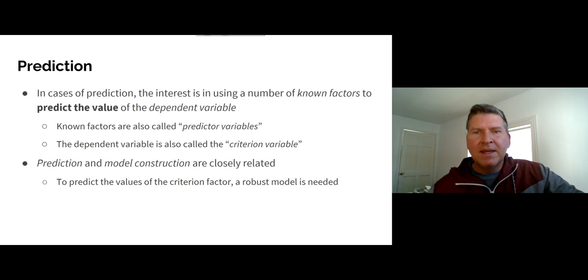Let me give you an example. Say you have a house and you're thinking about putting it up for sale. When you put it up for sale, you need to determine a price. That would be our dependent variable, the price that we will list our home for sale. Now, there's a number of independent variables that go into that prediction. These factors might be the number of bedrooms, the number of bathrooms, the square footage of the home, whether it has a basement or not, the age of the home, whether it has a swimming pool, the size of the lot. All of these will help you determine the price, but not all of them are equally important to determining